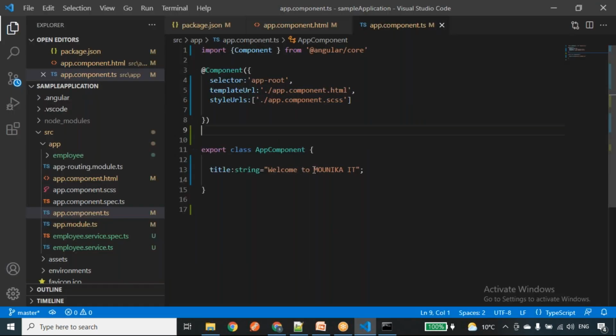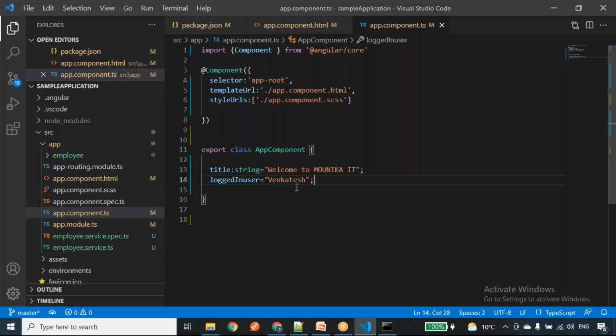Whenever you have dynamic data, this is just one example. For example, I'll take one more property, logged in user, equals Venkatesh. Now I want to display this particular name in the view, and here I am hard coding Venkatesh.